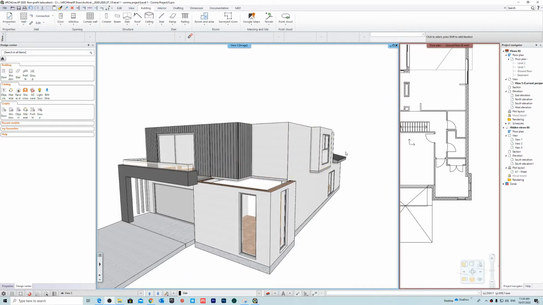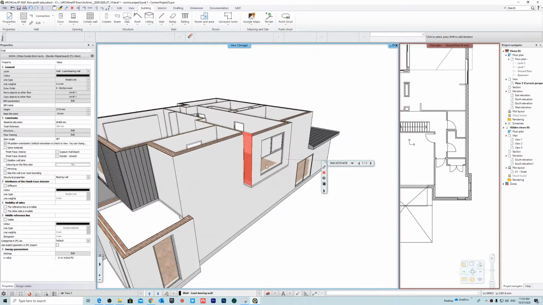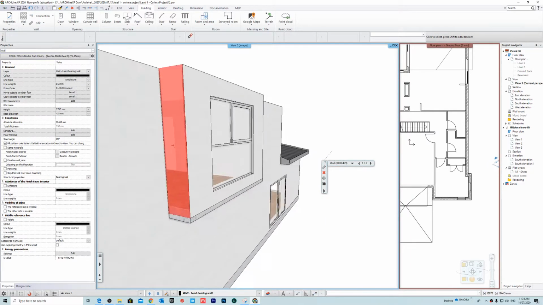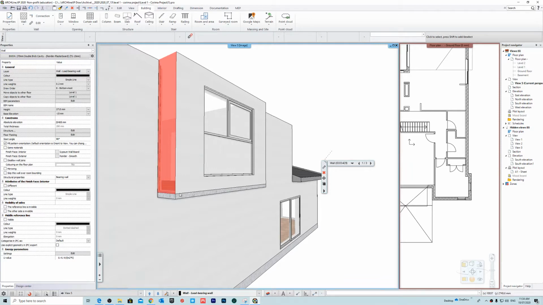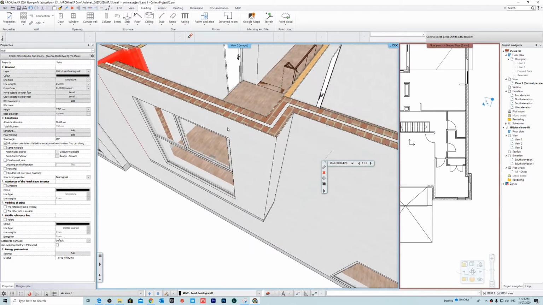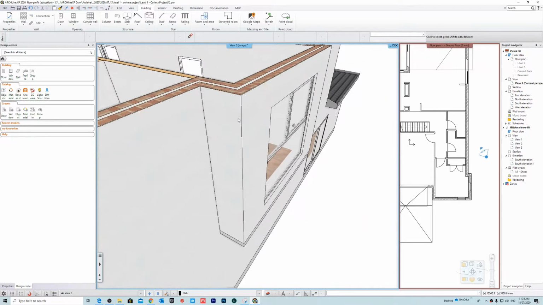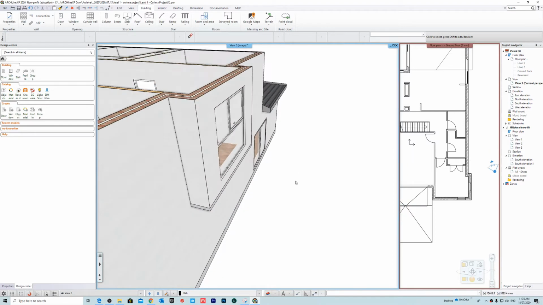Okay, so the first thing that we'll start with is this little extension here on the side. For this part, we just need the cladding to go right over the top and right to the bottom here. And we also need to actually change this render layer to a 30mm batten layer, obviously to support the cladding. So the first thing that we're going to do